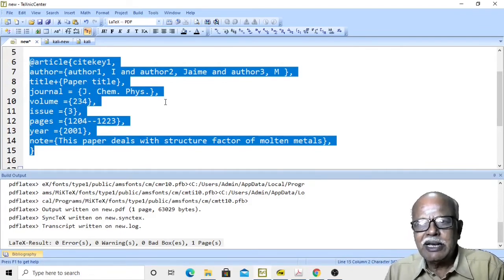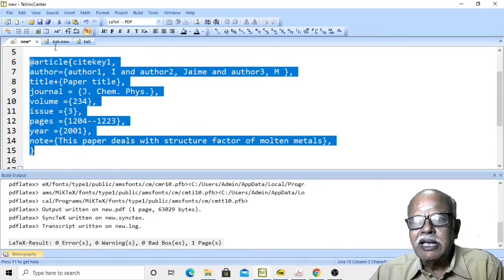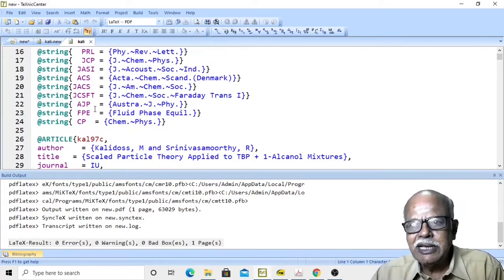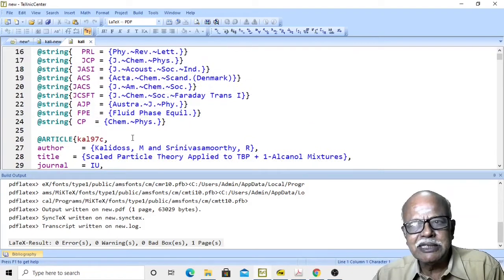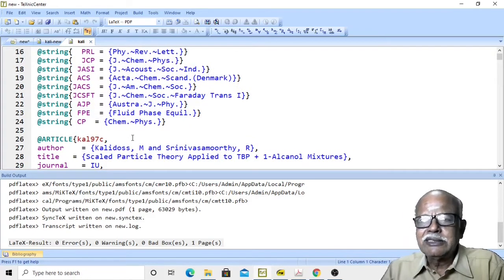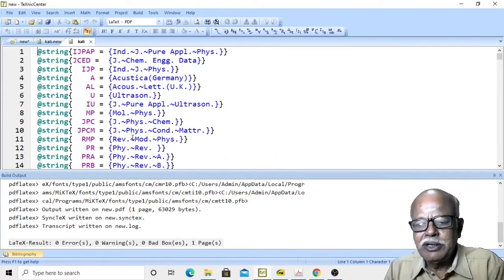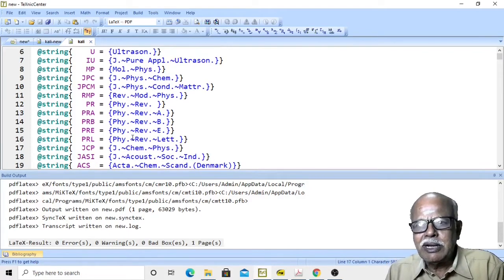Similarly, I have given such entries in my file kali.bib. This is one of the files I used during my research. Again, suppose you have an abbreviation.